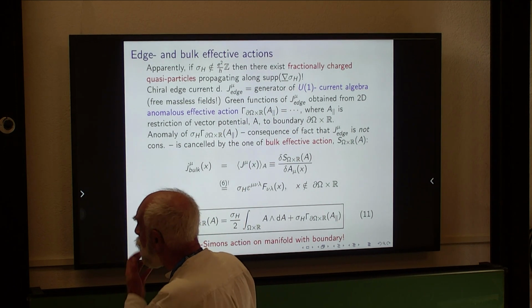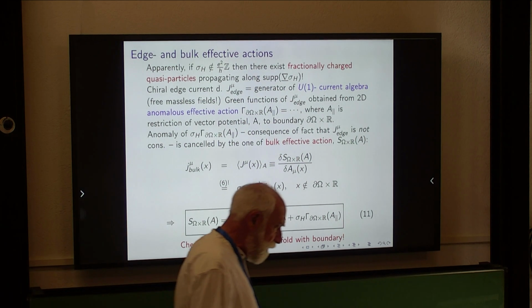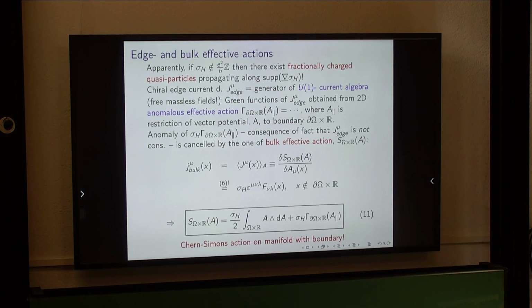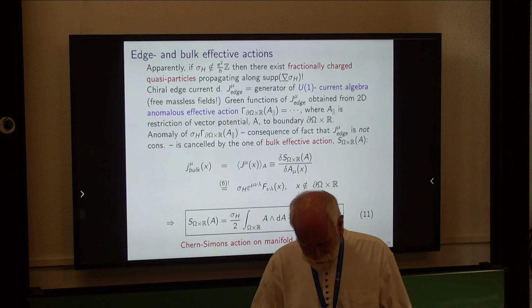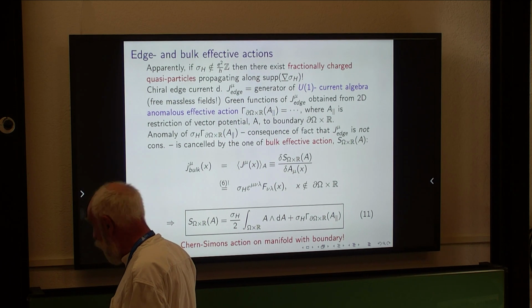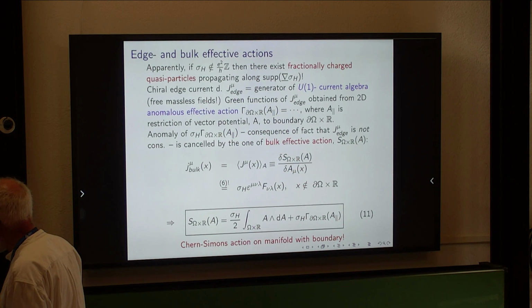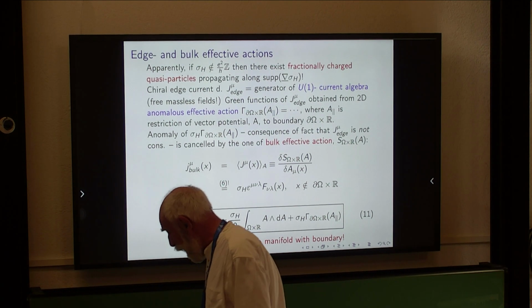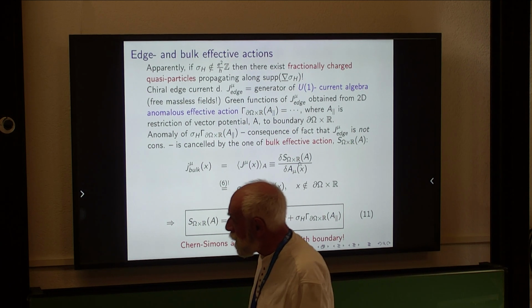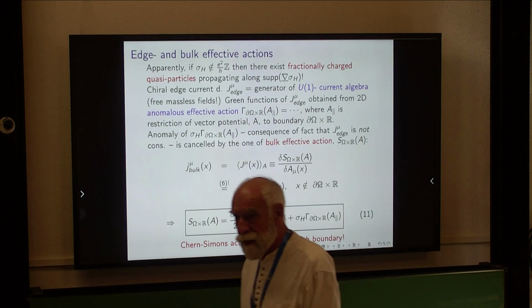All right. Now, there is another way of understanding why the effective action of the Hall insulator has to be given by the Chern-Simons action, and that goes as follows. Let's be somewhere in the middle of the bulk of the sample, and let's compute the bulk current. The bulk current is the expectation of the vector current density in the state of the system, and then by general nonsense, this is the same as the variational derivative of the effective action with respect to the external vector